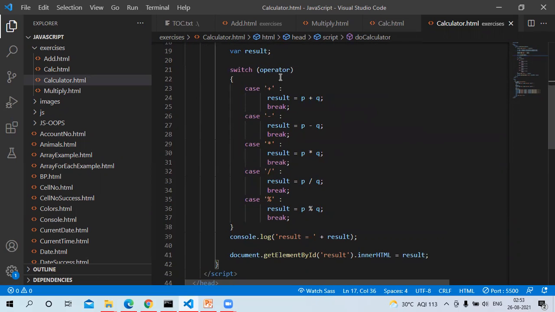Next, we are using a switch statement here to check which functionality is selected. So depending upon the value of the operator, we are jumping to addition, subtraction, multiplication, division, and modulo. And we are doing the appropriate operation here. And the result will have the answer. So the result is also displayed in the console. And then by using dynamic HTML, that is innerHTML, document.getElementById of result dot innerHTML is equal to result. So this result, we are displaying it within that div element, which has the ID of result. So that's what we are doing.